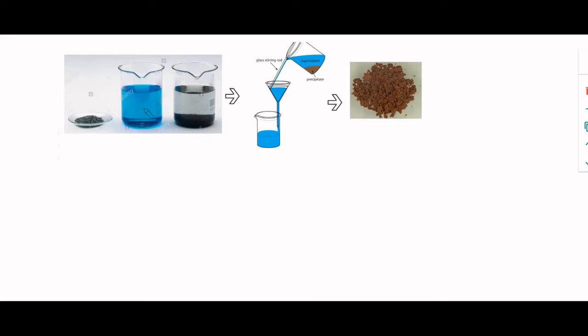We know that iron is above copper in the metal reactivity series. So obviously iron is going to displace copper ions from the copper sulfate solution, because Fe is more reactive than copper. So the displacement reaction will be iron plus CuSO4 gives